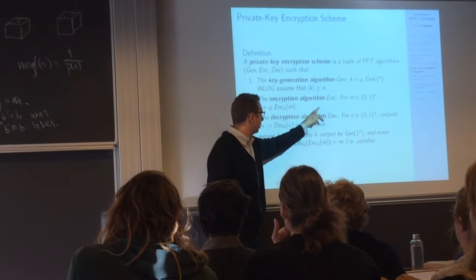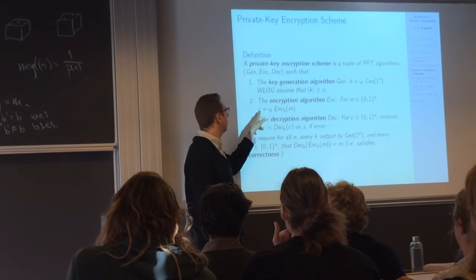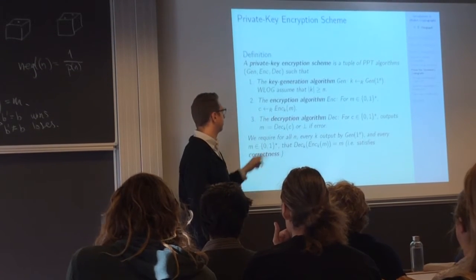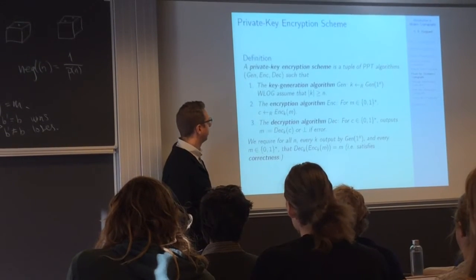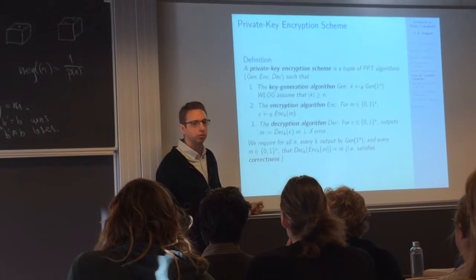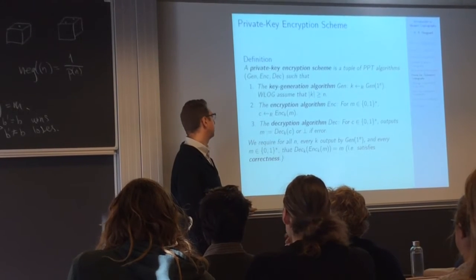The encryption algorithm is still going to take some message and some key, do stuff with it, and then output C. We usually also say that it has to be random or probabilistic, because otherwise we can just compute all possible things. But the decryption algorithm is going to be deterministic.